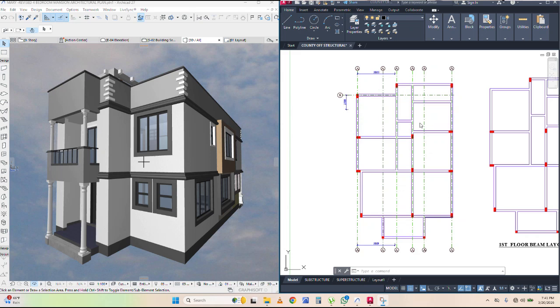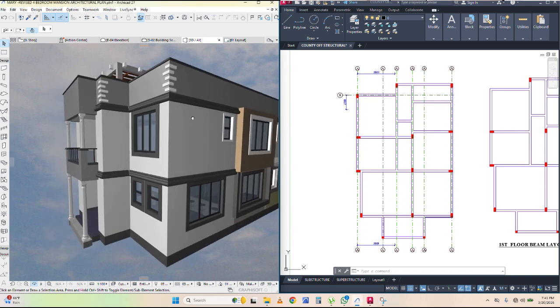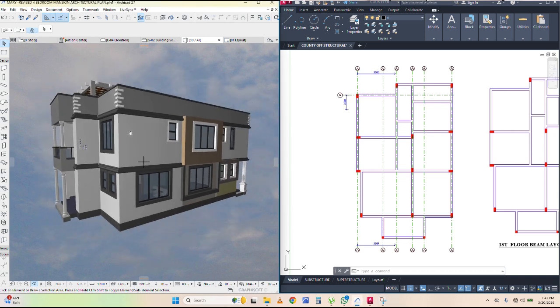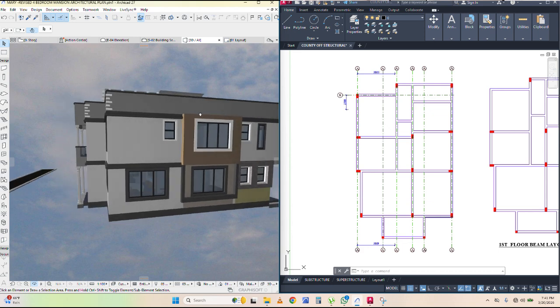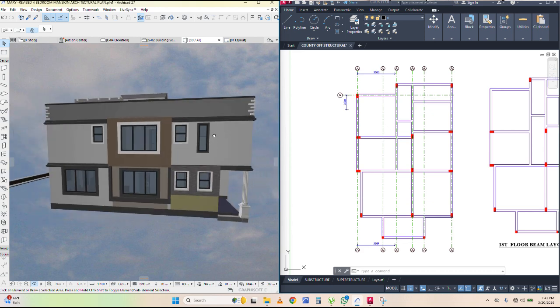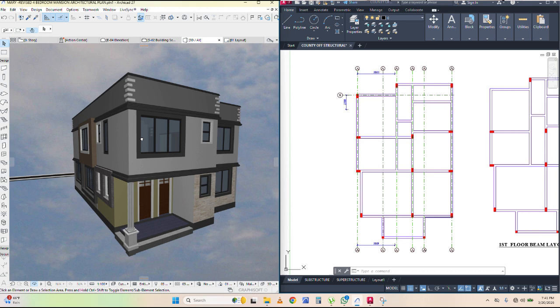We are now working on the structural drawing of this 4-bedroom mansionette you see over here. Just to give you an overview, this is a 4-bedroom mansionette that is designed on a 50 by 100 plot. Before you do any construction, we usually make sure that we give you such 3D illustrations, so now you